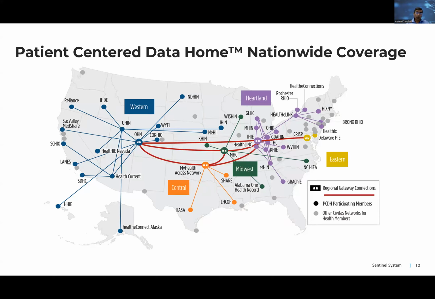So collectively, this network, as you can see, covers almost all zip codes in the country and allows for a comprehensive clinical record to be created, which is in contrast to a lot of other efforts that are more about pull, where you have to request data from multiple sources. In this case, it actually creates this complete record without extra effort from either the patients or the providers in terms of getting that information completed. Next.